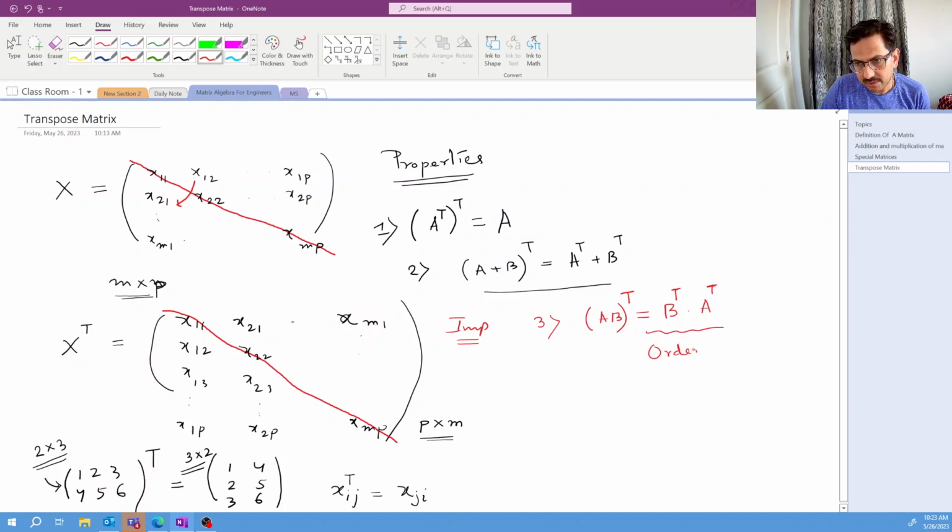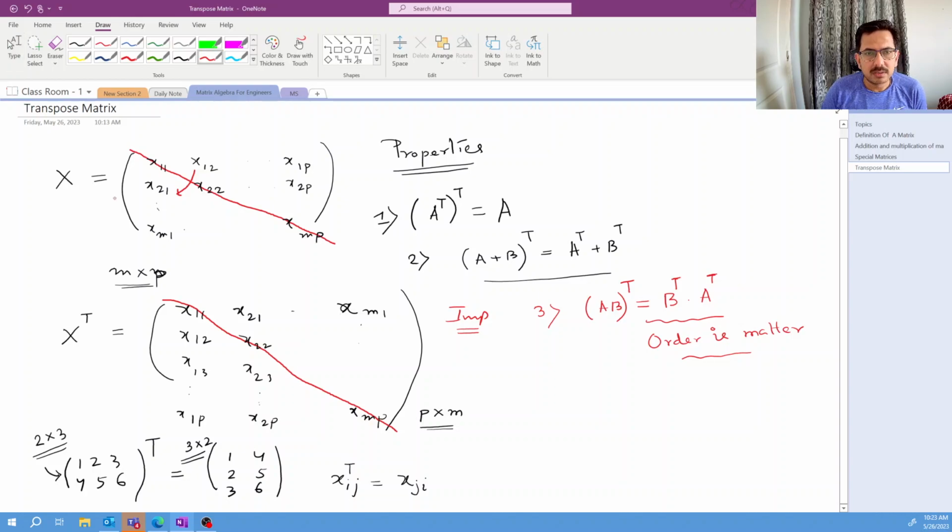Let me write it down. The order matters. So it will be B transpose into A transpose. So this is a very important property. Now,